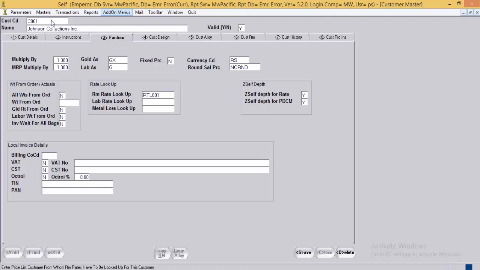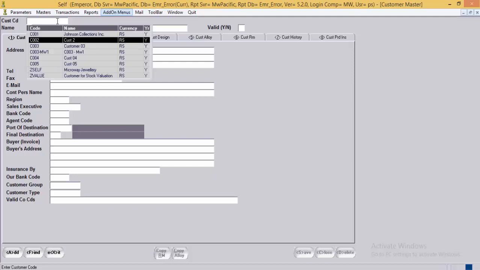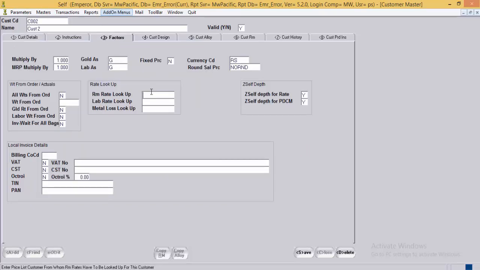Now whenever an order is received for C001, the system will first seek the rate for this price list customer, that is RTL001. In the same way, there can be another retail customer, say C002. He is also a retail customer. Then in the rate lookup we can again map it to RTL001.